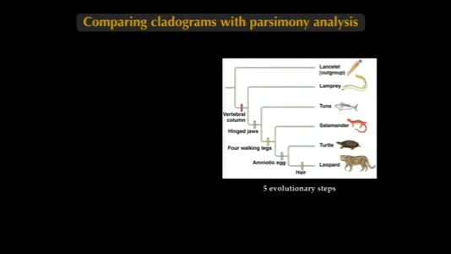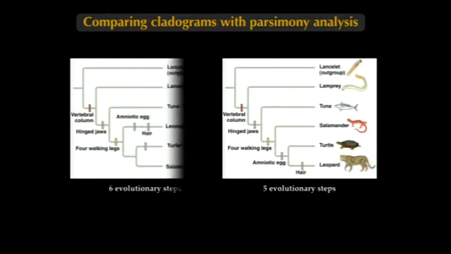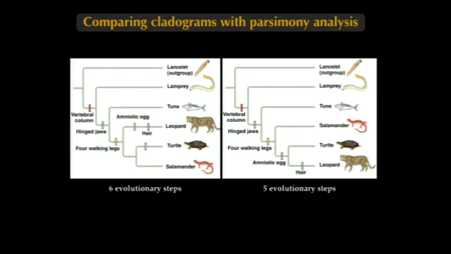You're choosing the simplest possible narrative for the structure of evolutionary relationships of the taxa of interest. And according to that character matrix, we had this cladogram built from the available data. You could have drawn the cladogram differently. You could have drawn it with a topology like this. But when you map those characters onto the cladogram as synapomorphies, you'll see that this construction, this cladogram, requires 6 evolutionary steps,